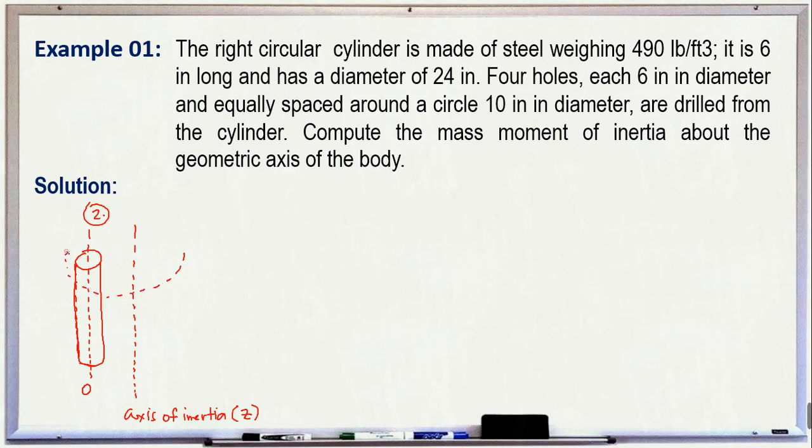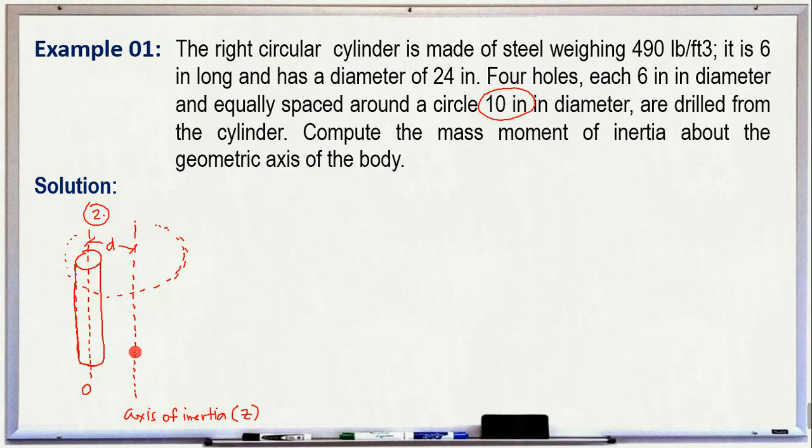So this is our huge cylinder with the hidden line, right? The hole is not at the center. So the distance from the centroidal axis to the z-axis is equal to the radius of the inner circle, which is half of this diameter, 10 inches. So let's note it as D. Okay? So since we are to find the mass moment of inertia of these 4 holes along the z-axis,